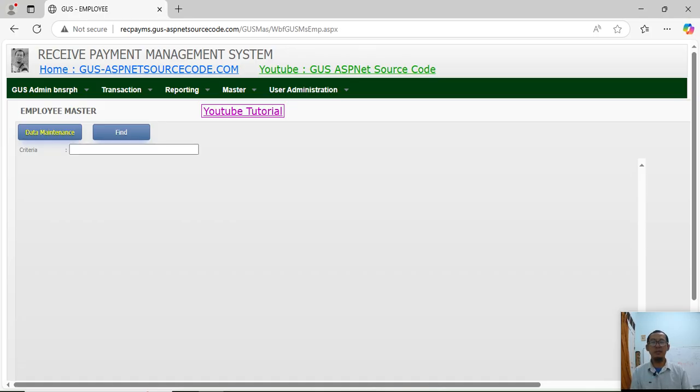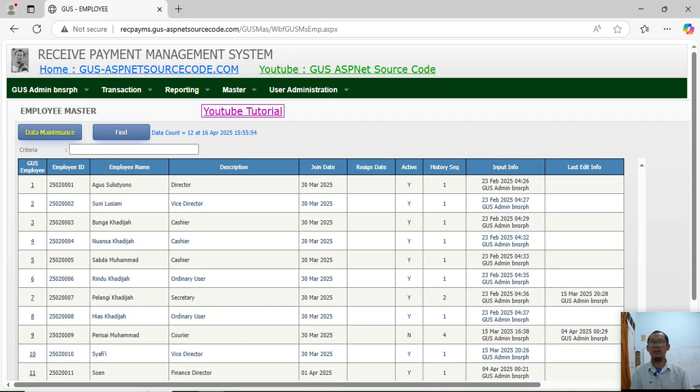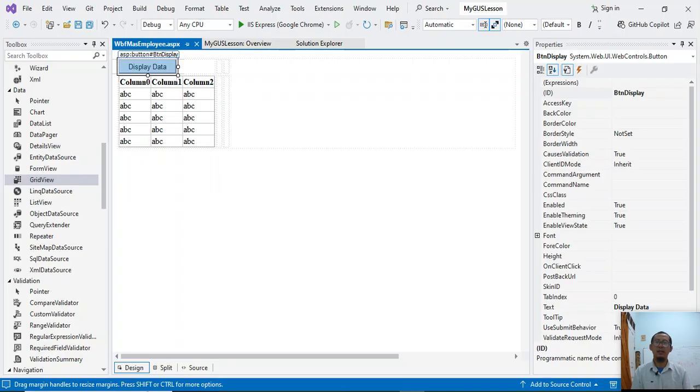The grid view is not shown yet, and now I want to display the data by click this button find. The data is displayed when I click the button find. In our application, I have a button display data. I want the data master employee to be displayed when I click this button.